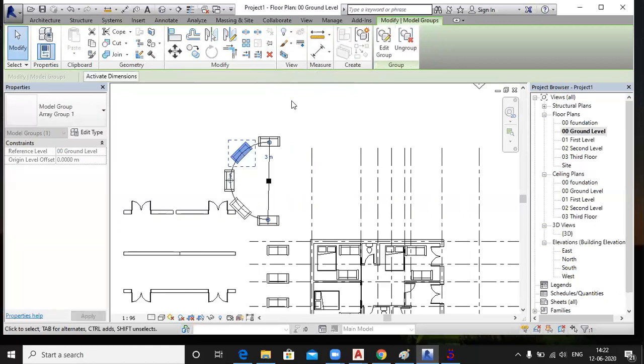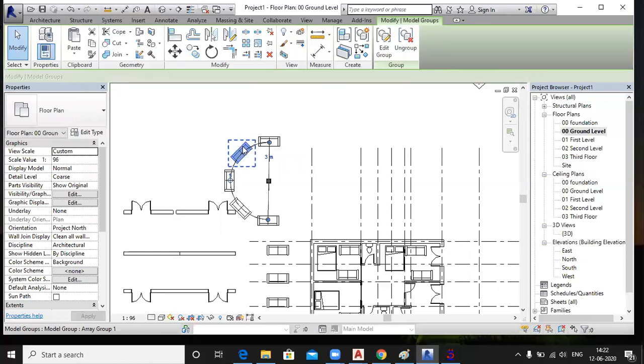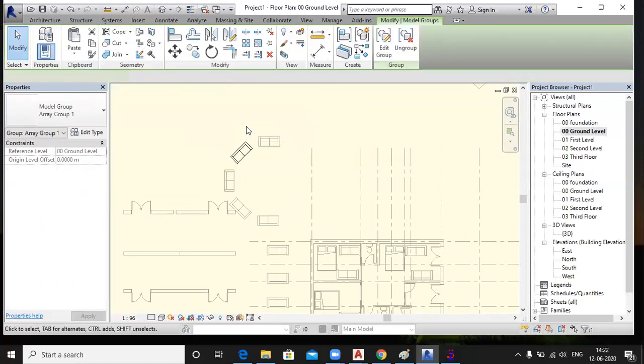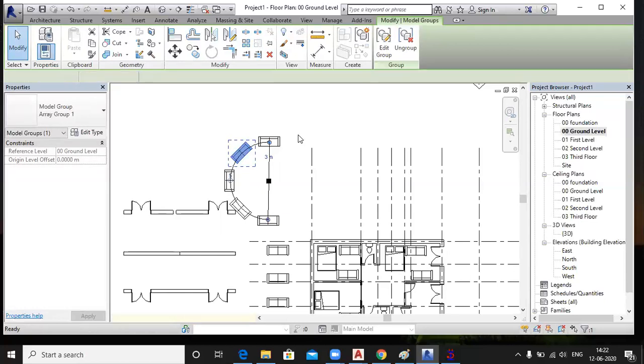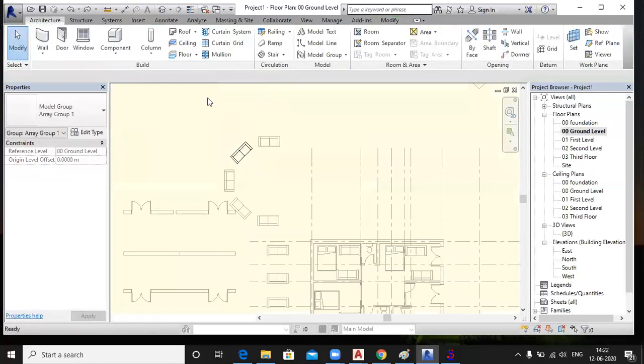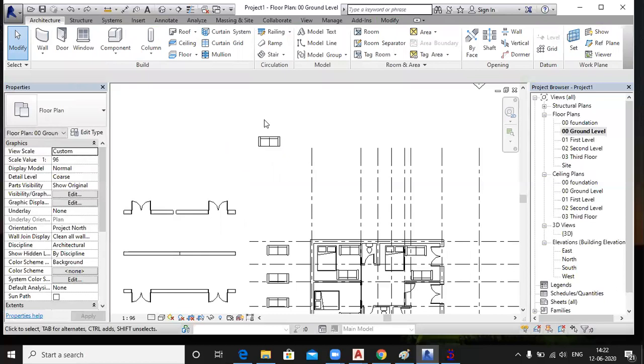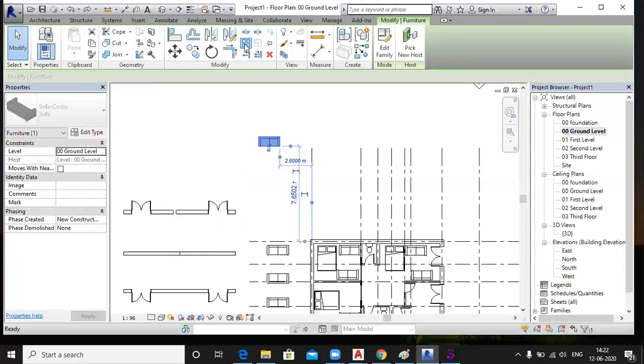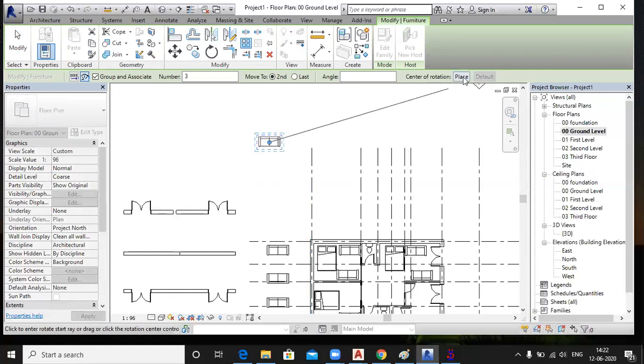Now I'm going to create another one, with Control Z. Select this, click on array, and specify the center point from this point.